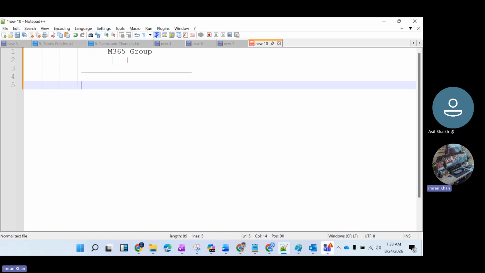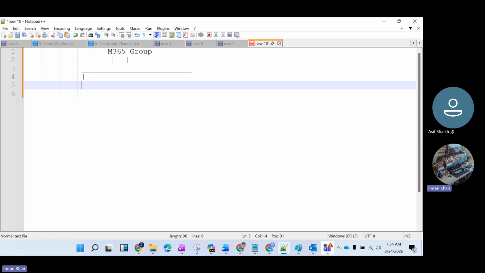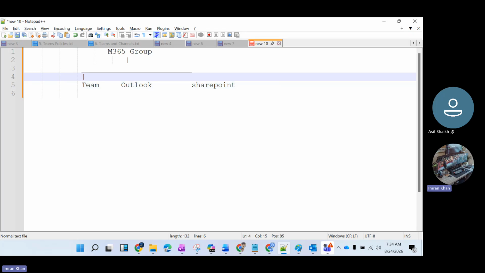M365 group, maybe you can say groups and a team, and M365 is also visible in Outlook and SharePoint. If you have created any groups in 365 admin center and the group is connected with Teams,